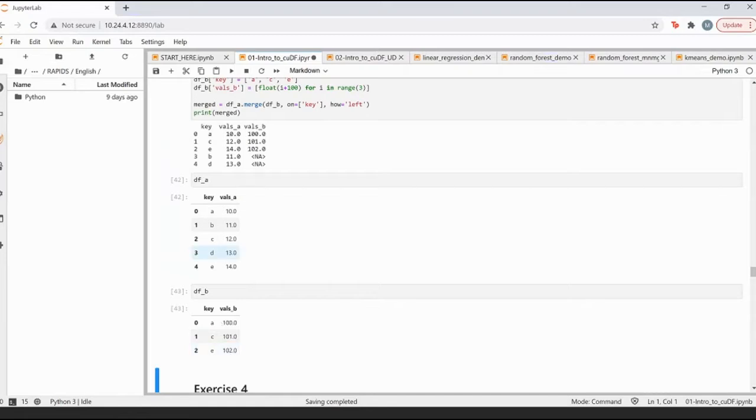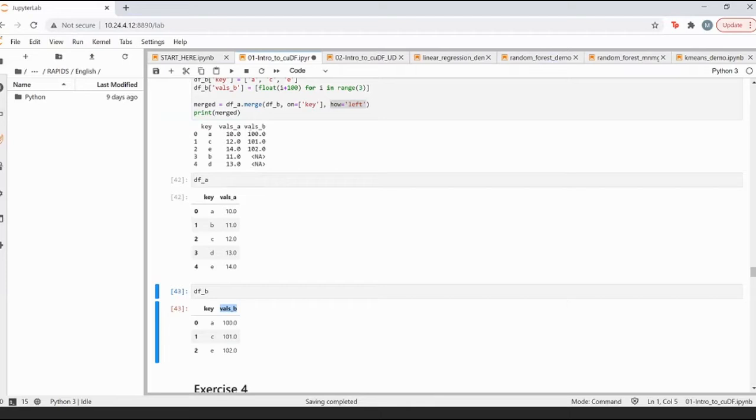Now, what I want to do is merge them. This merge is going to happen on df underscore A, keeping df underscore B, so merge df underscore A with df underscore B based on the keys which are common. And what kind of join do I want to do? It's basically a left join. You have different options as well, like right join and so on. And as you can see, once I join them, I basically want to get the keys which are common and assign the values from the underscore B column to those particular keys.